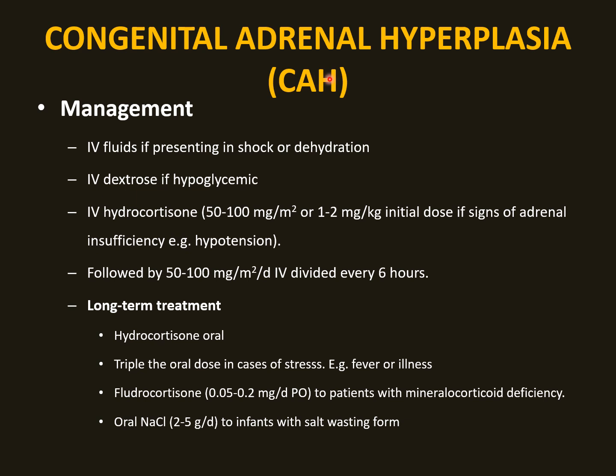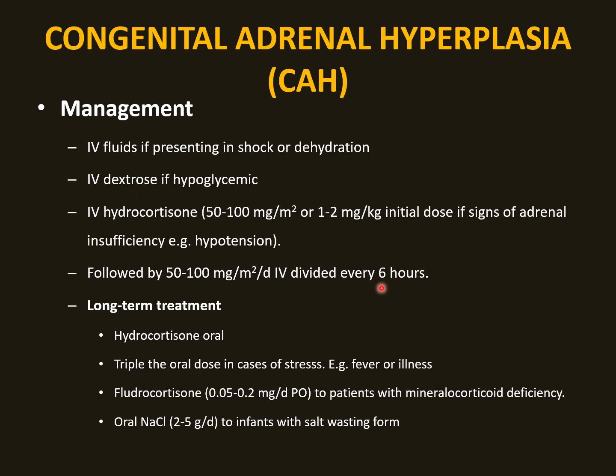Management of congenital adrenal hyperplasia: IV fluid if presenting with shock or dehydration. Dextrose to correct for hypoglycemia. The principle of treatment is hydrocortisone 50 to 100 mg per meter square, or 1 to 2 mg per kilo initial dose if signs of adrenal insufficiency, for example hypotension. This should be followed by a maintenance dose of 50 to 100 mg per meter square, IV divided every 6 hours